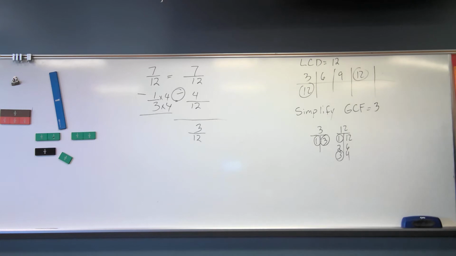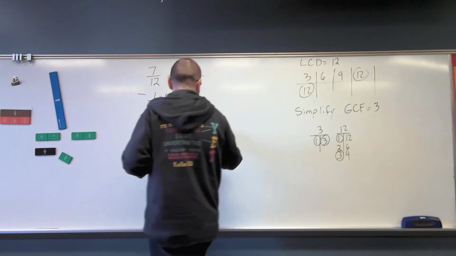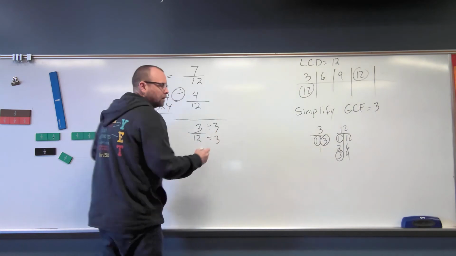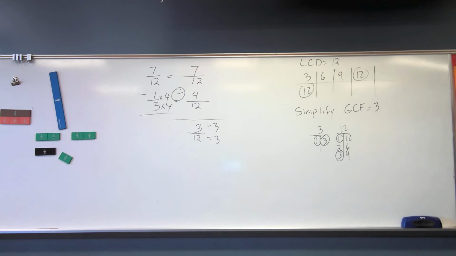Now I take my greatest common factor. I divide my numerator and denominator by that greatest common factor. Since I'm basically dividing by 1, I do not change the value. The value stays exactly the same. So,